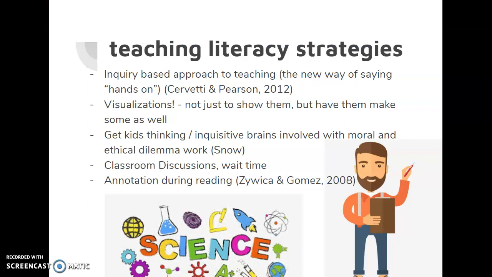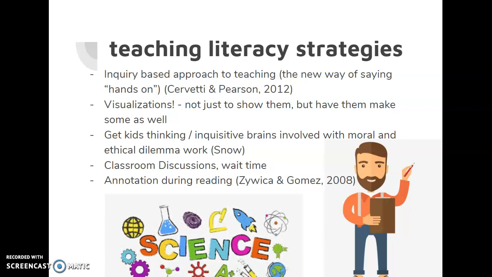So moving on to teaching some of these strategies, I did just cover a few of them, but an overall theme throughout these articles is that first and foremost, first-hand investigation must be the focus. Inquiry-based is the new way of saying hands-on, and I guess the point with this is that we need to be able to let the students discover things on their own. We've read over and over again that we can just tell them things, but what they remember is if they're learning on their own. So they need to be able to discover things,